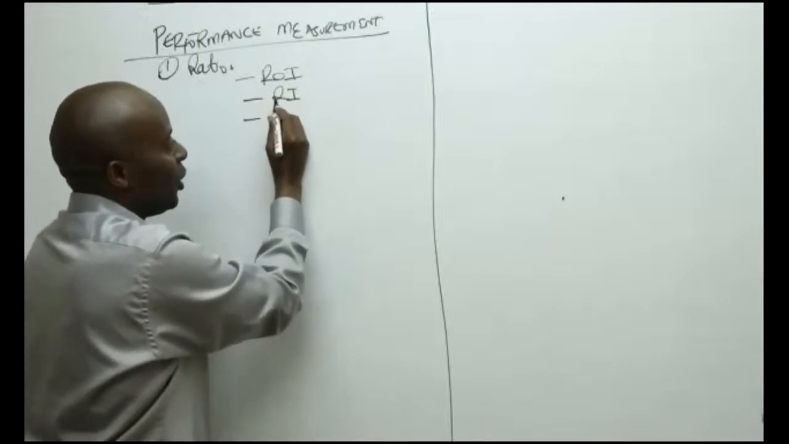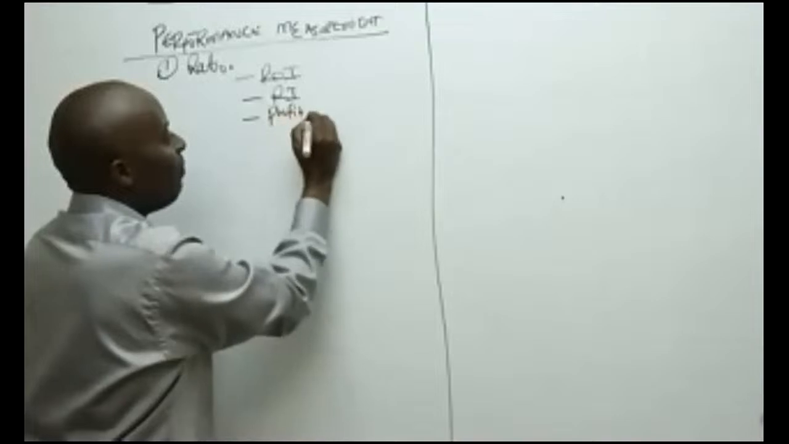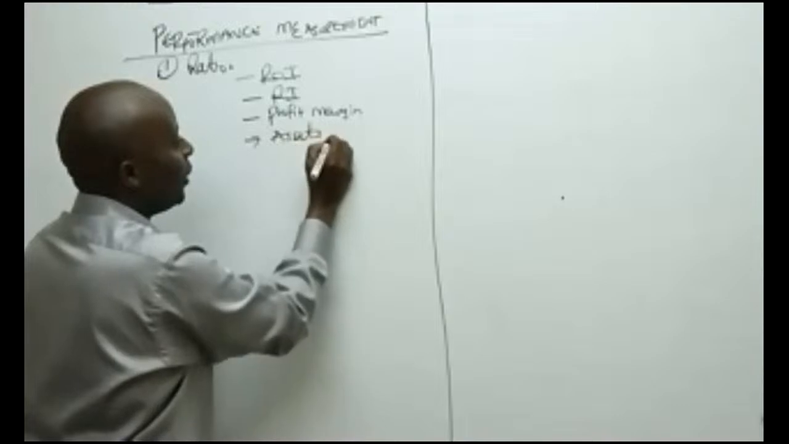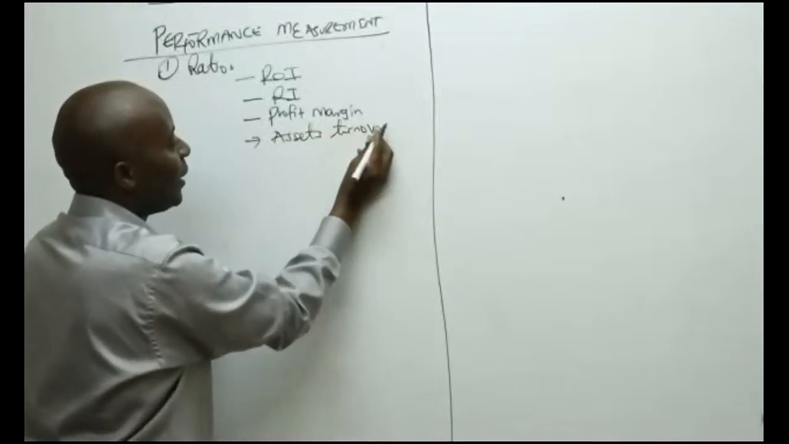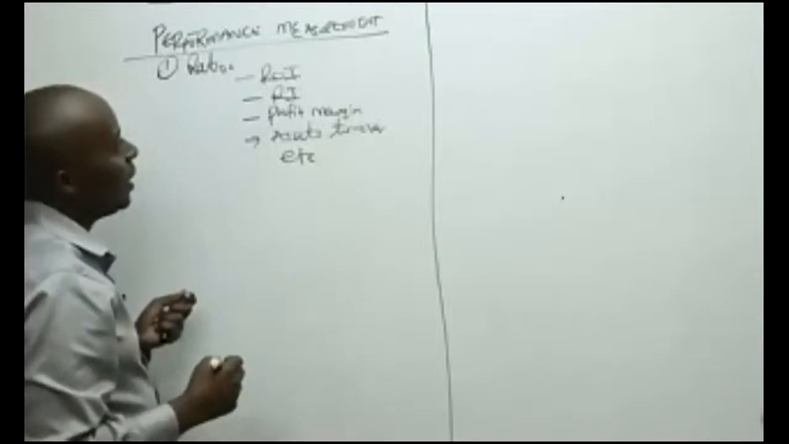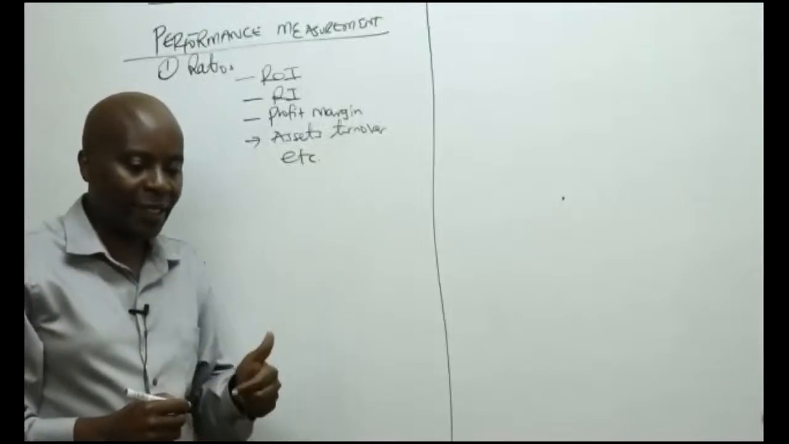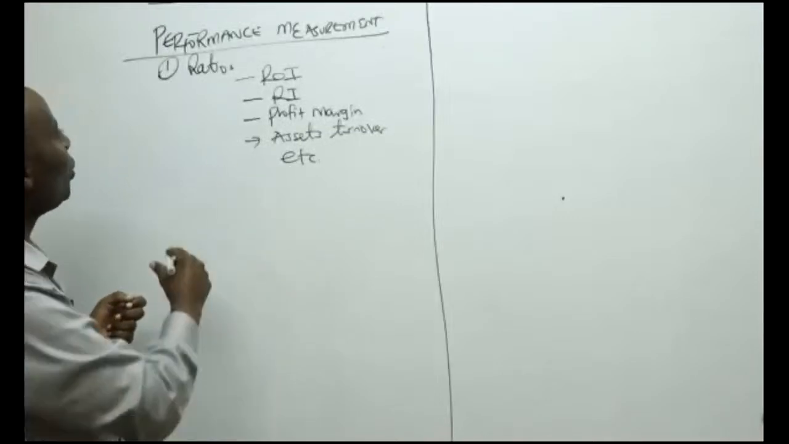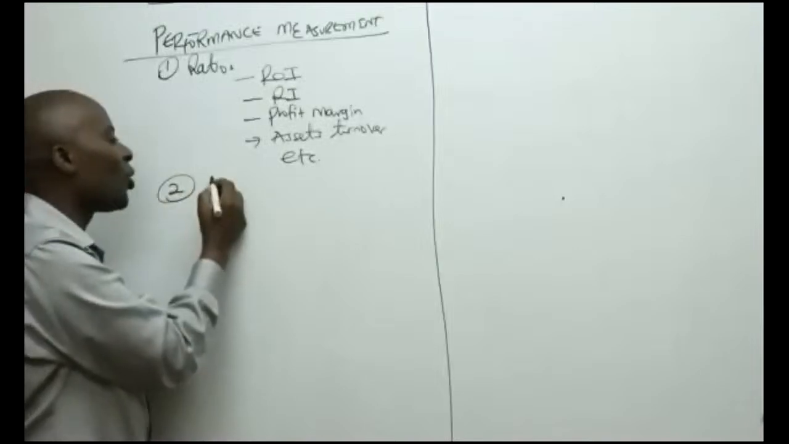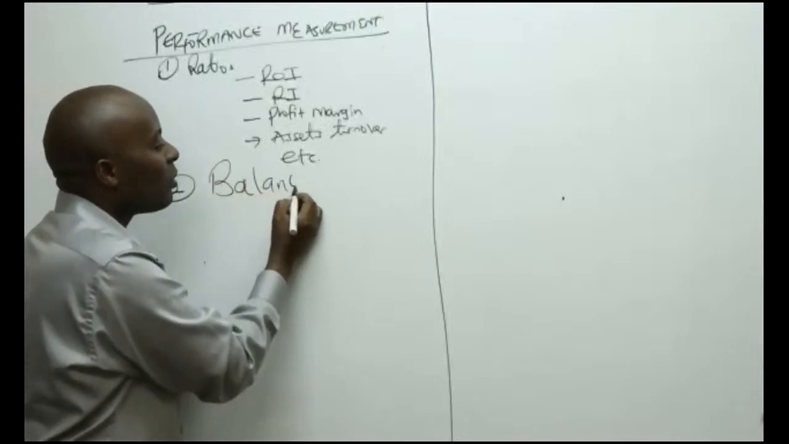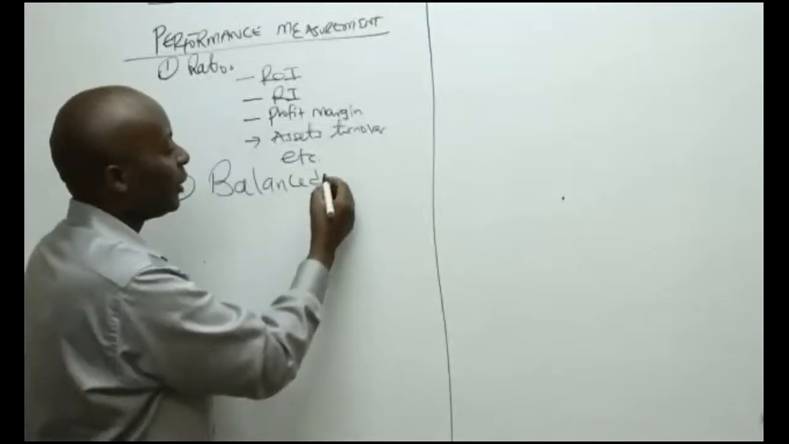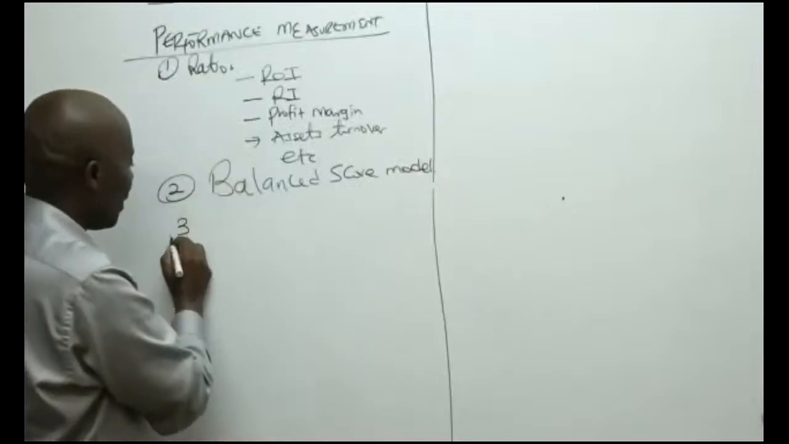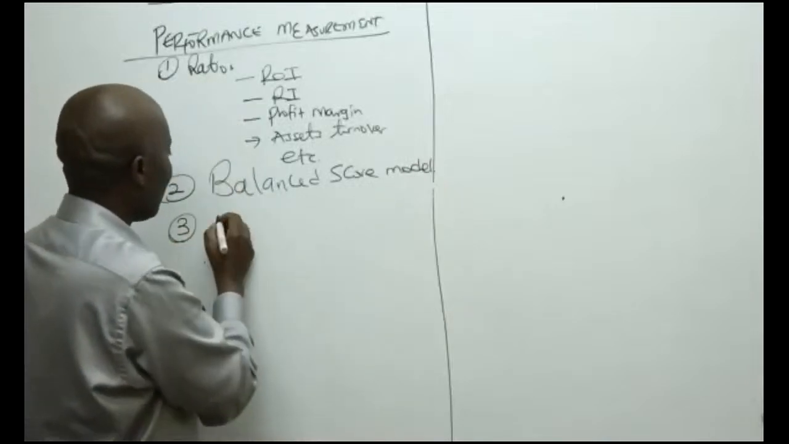The profit margins, asset turnover, etc. How do we measure the performance of an entity using these ratios? Number two, ladies and gentlemen, in terms of performance appraisal, never forget our commonly asked balanced scorecard model. Number three, we have the famous Fitzgerald